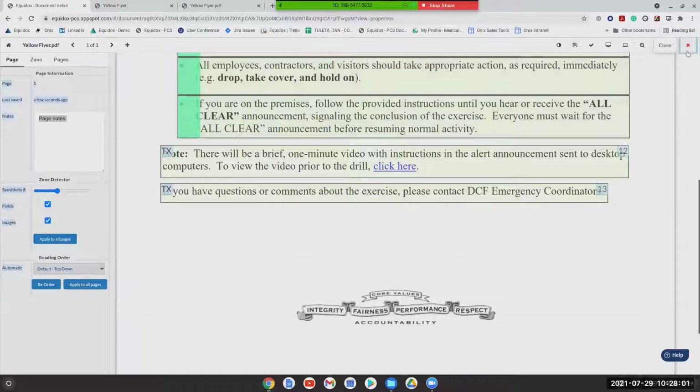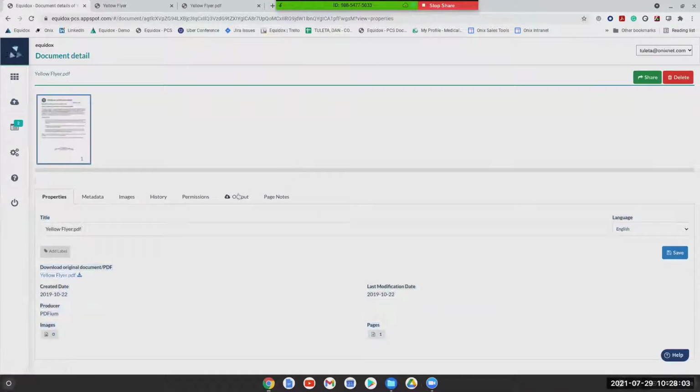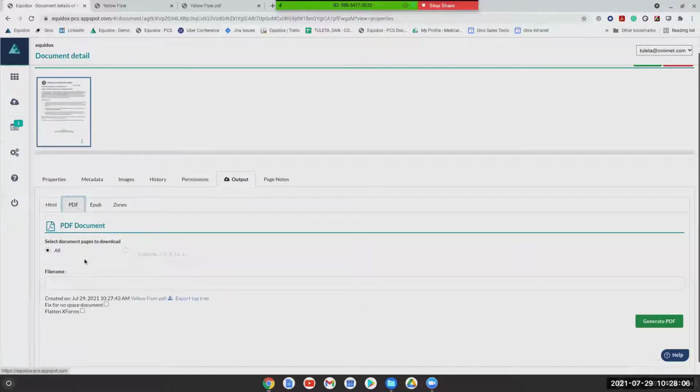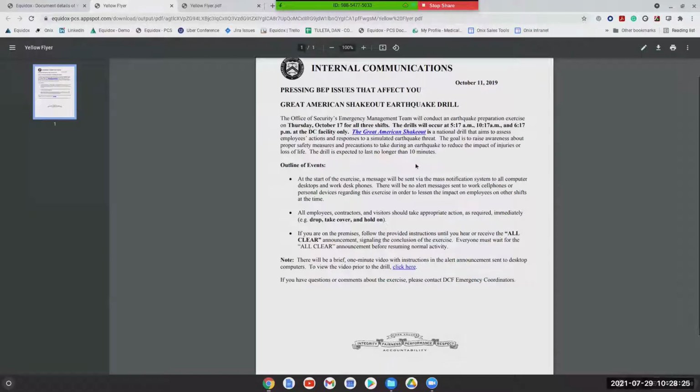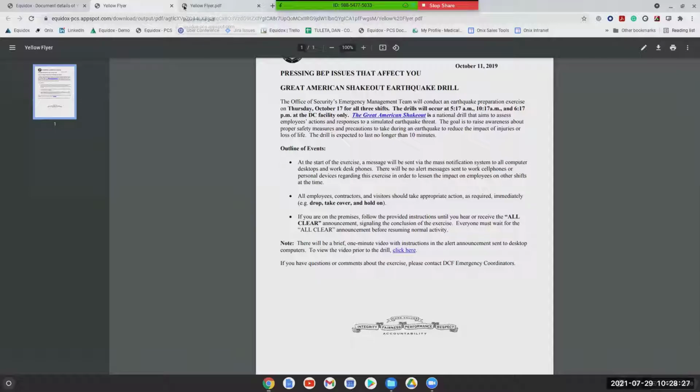But the point is that when you are exporting the document, you will get a pop-up of that document, which doesn't look visually any different than the source file. But Equidox is applying some of those high-level accessibility checks for you to make sure that you haven't made any glaring errors or logic errors in terms of heading structure or forgetting to tag an image with a description, as I did. So you are getting that sort of high-level accessibility check when you're exporting the file.